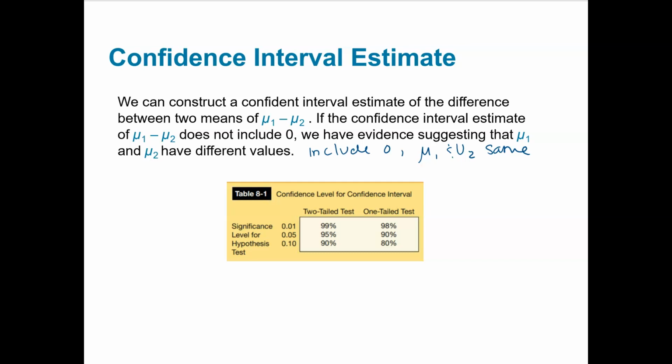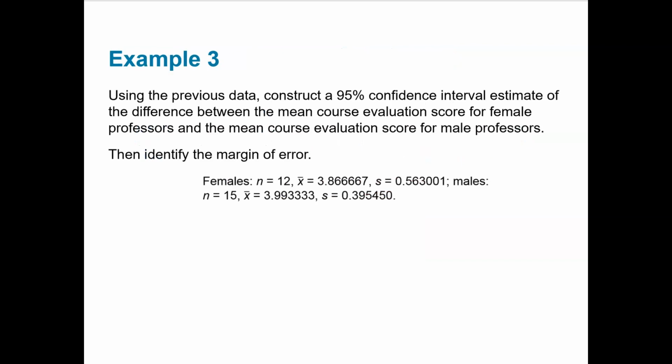And just a reminder of how to pick your confidence level based on your significance level and the tail number of the test. So we'll do two examples. Using the previous data, which I have here below, construct a 95% confidence interval estimate of the difference between the mean course evaluation score for female professors and the mean course evaluation score for male professors,